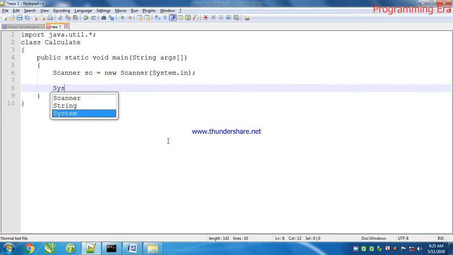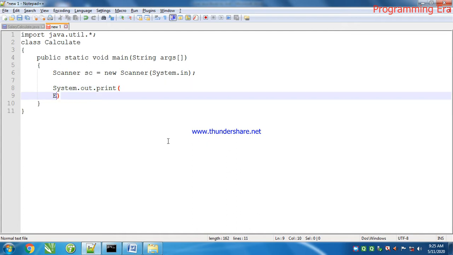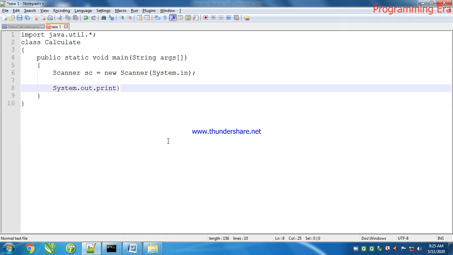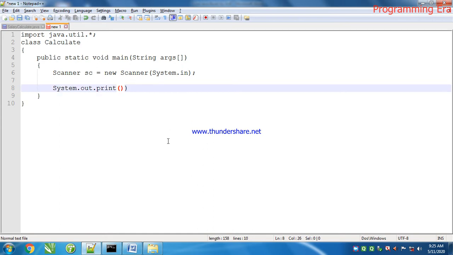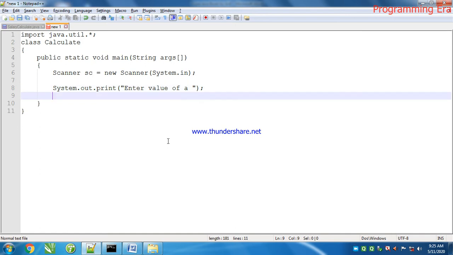So we will print a message, enter value of a, and we will read the value of a equals sc.nextInt.